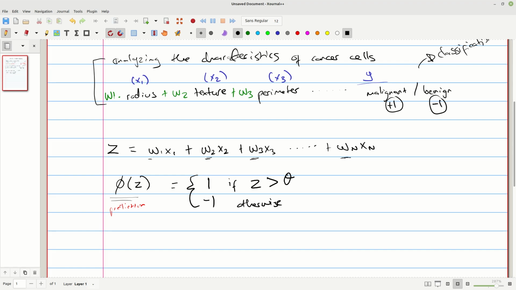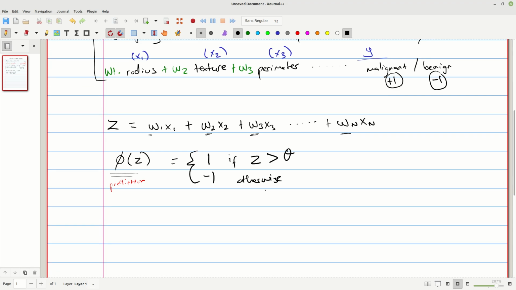But first of all, I want to rewrite this expression. We say phi of z is equal to 1 if z is greater than theta, some threshold, again another parameter that we define ourselves, or -1 otherwise. The way we can rewrite this is, if z is greater than theta, we can also write it as z minus theta is greater than 0.